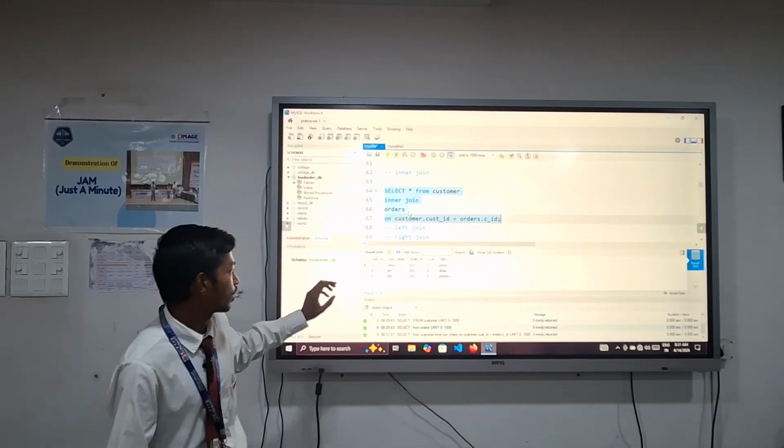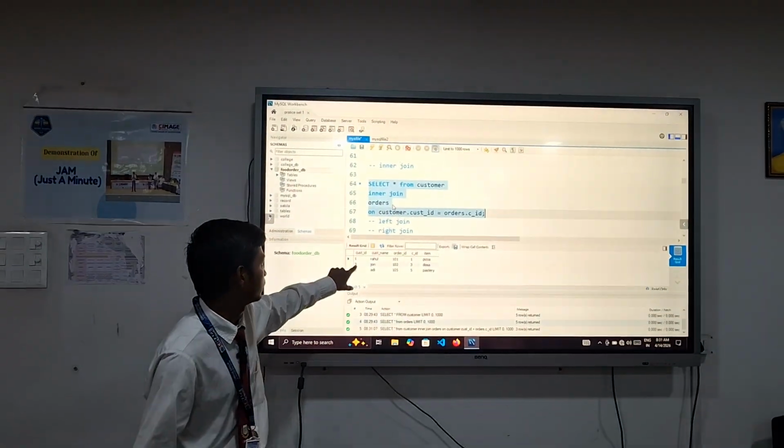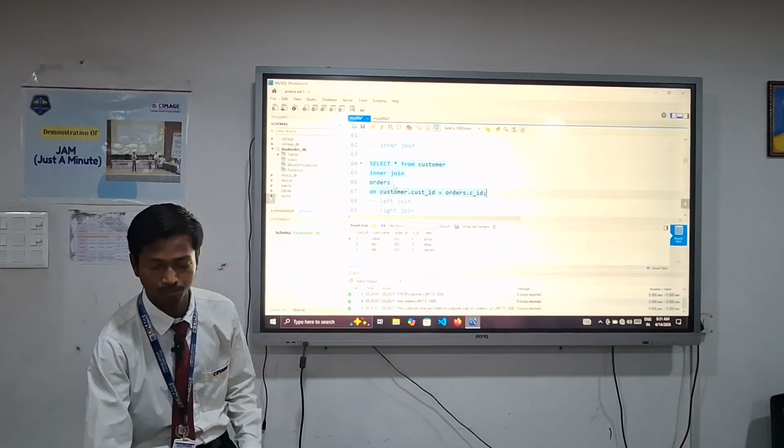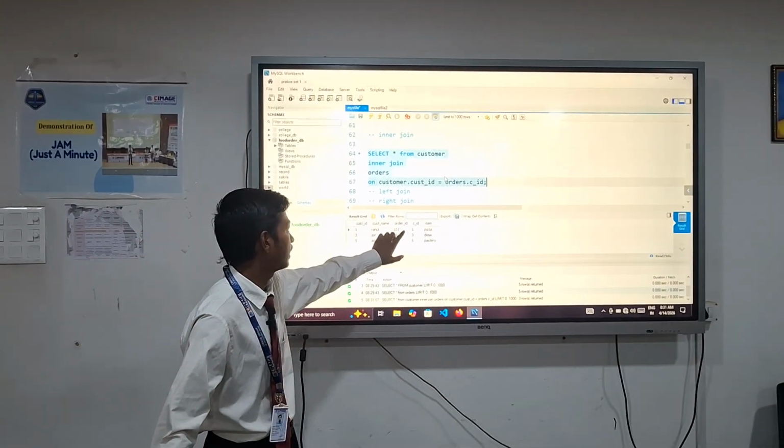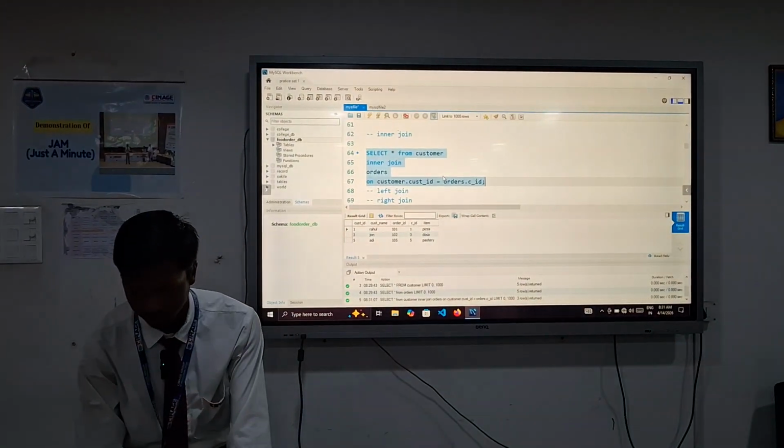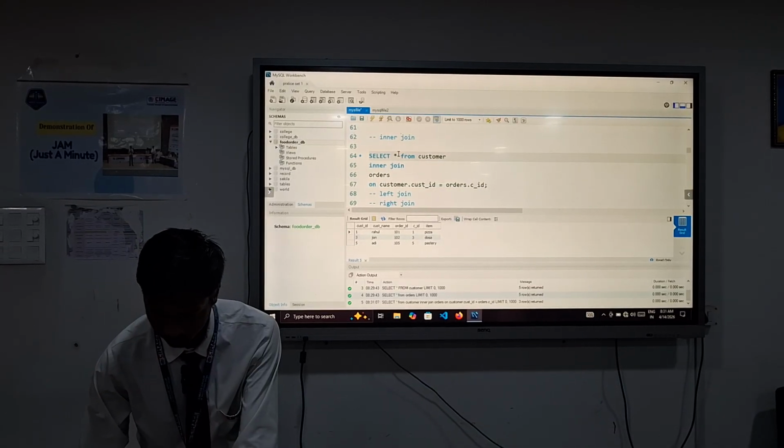So it returns the common values, like only 3, 1, 3 and 5 out of 5. And if I want to see only the customer name along with the item name, then we will do this.